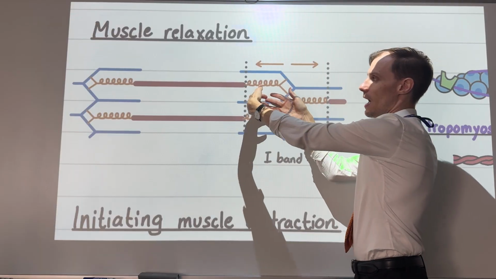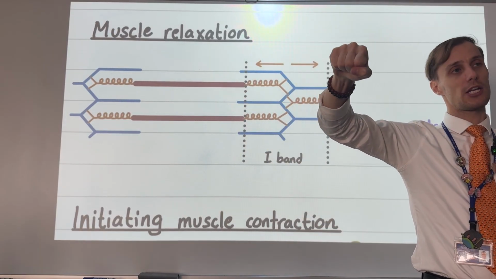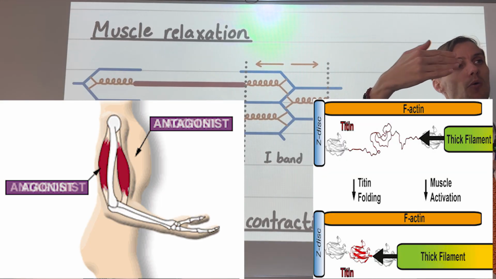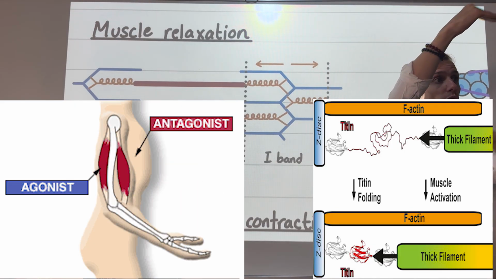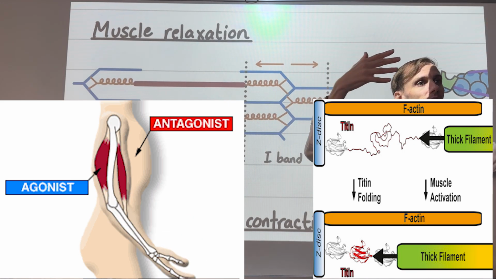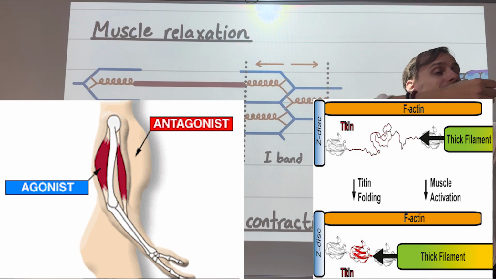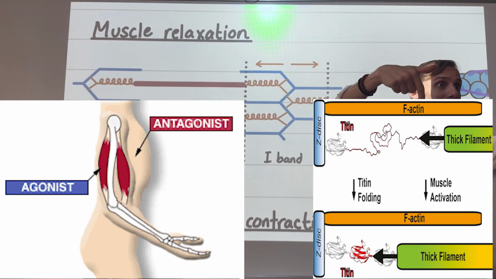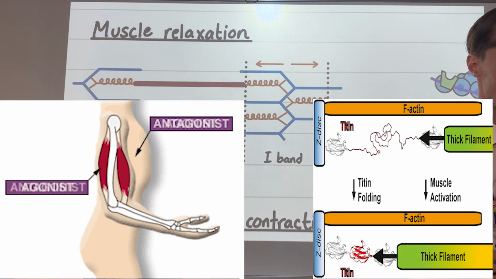So as a muscle is relaxing, titin is becoming stretched, storing potential energy. That means that when its antagonistic muscle is contracting, the two are working in tandem. When one muscle is contracting, titin is becoming compressed, but its antagonist is getting relaxed. And so when the antagonist flips to being the agonist, titin can now come back, releasing its potential energy,